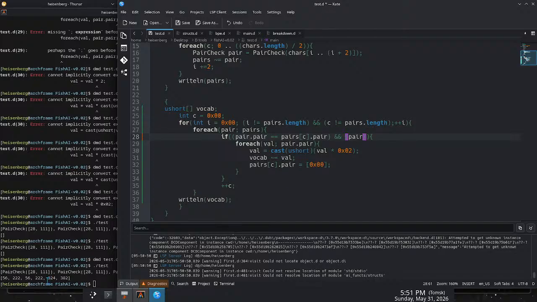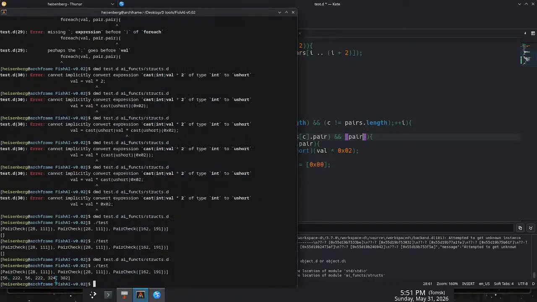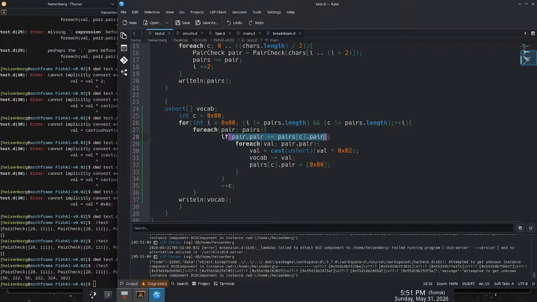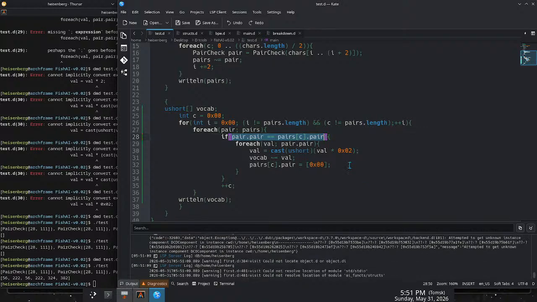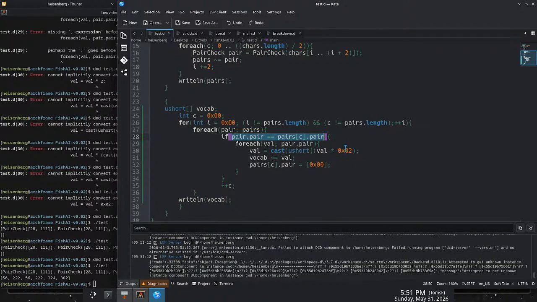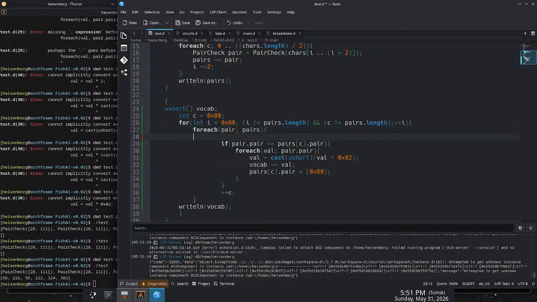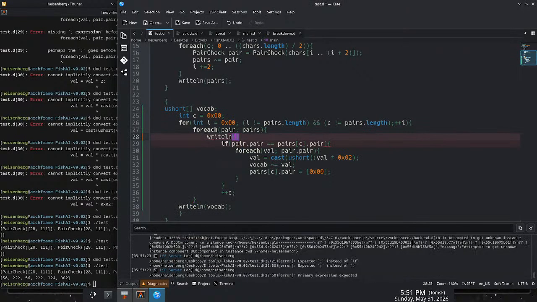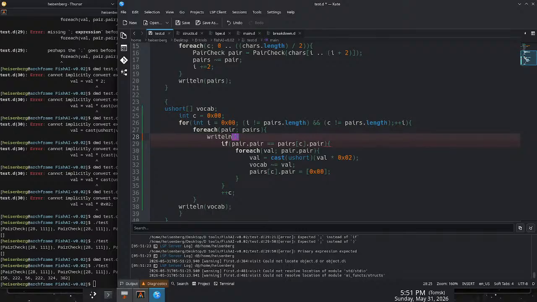Because basically what happened is they all checked themselves, I think. So it was like, oh, I found a pair. Oh, I found. We can check that actually. Let's verify that. Verify is something we should probably do. So yeah, we'll need to add write lines for each of them. WriteLn, which is going to be the pair, and